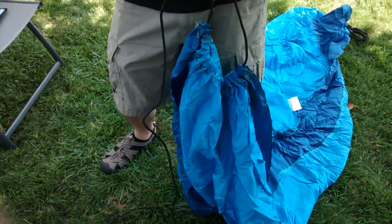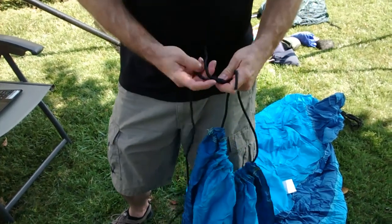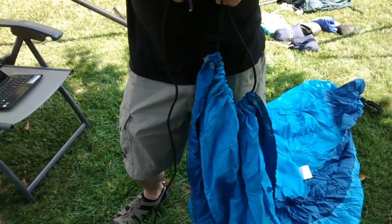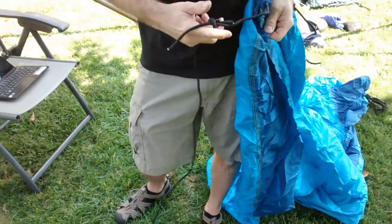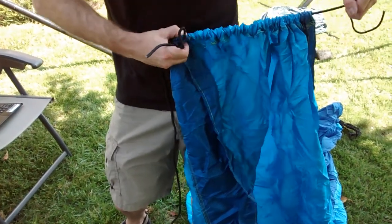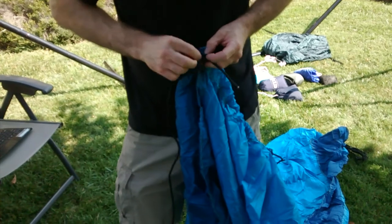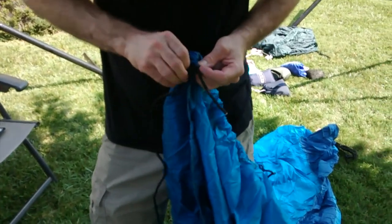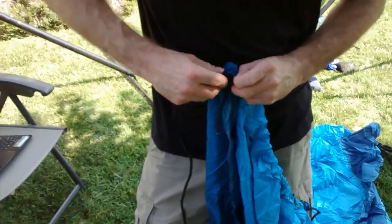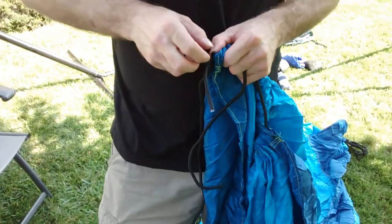I'm going to cover the knots in a second, but right now I just use a little, this is called a sheet bend. I'm going to tie the long rope to the short rope, and I do this with every hammock I get. I pull out all this extra suspension stuff and just put this inside the edge and pull it through. Just have to work the knot inside here,